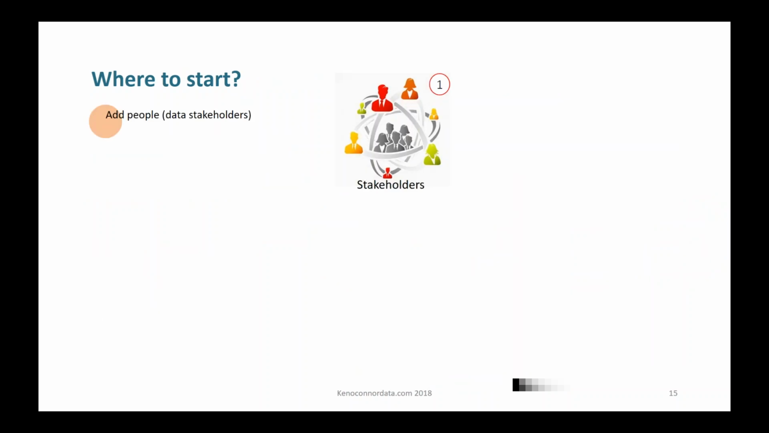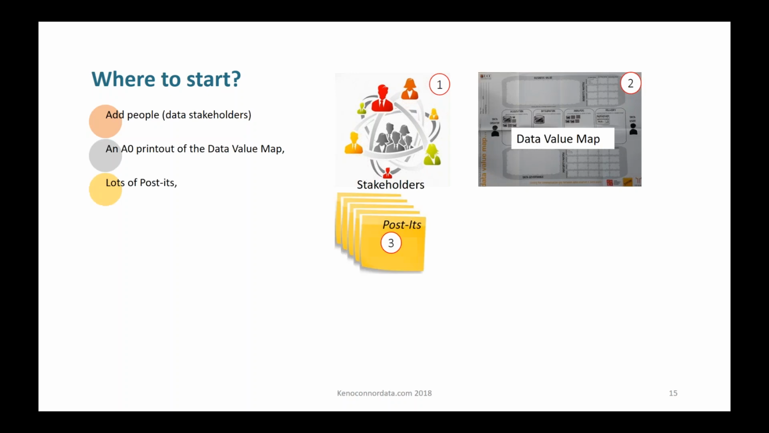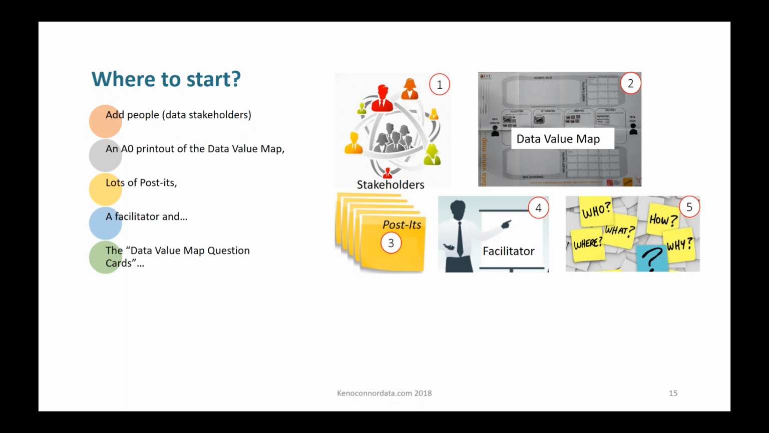So that's fine, but where do you start? Okay, well, you take a room and you get the people together, and these are the business people. These are the heads of business functions, the head of marketing, the head of HR, and their business subject matter experts. You take a copy of the data value map. You take a lot of Post-its, and you have to have a facilitator who's going to ask the data value